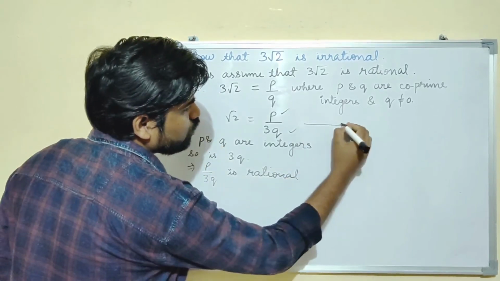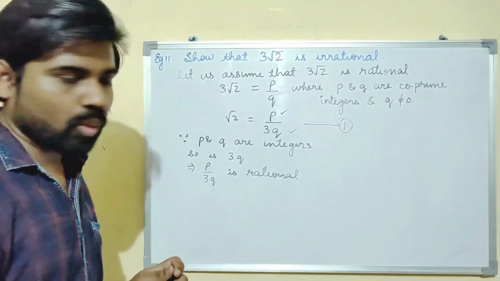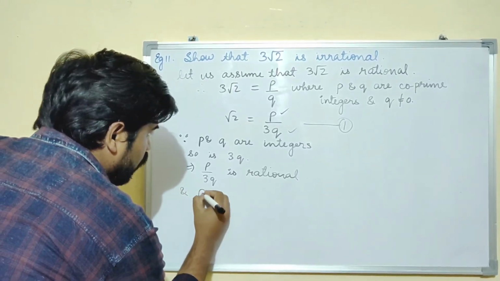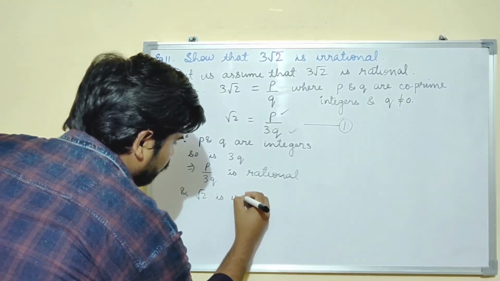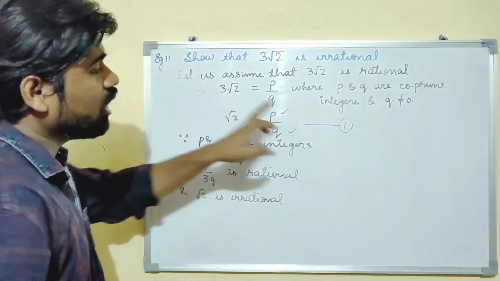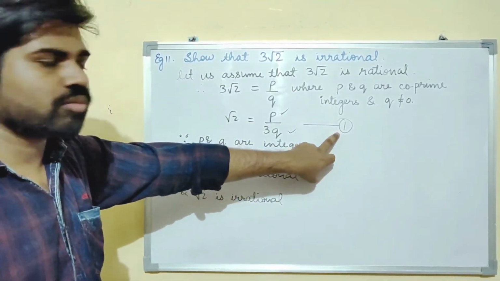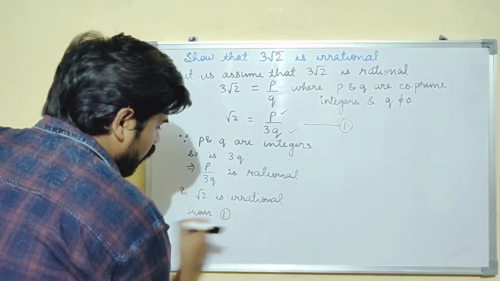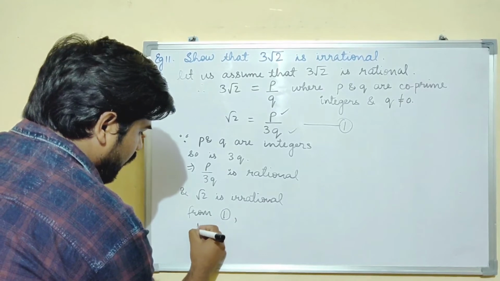Let us assume this as equation 1. Now, root 2 is irrational. Now you can say that from first we can say that an irrational number